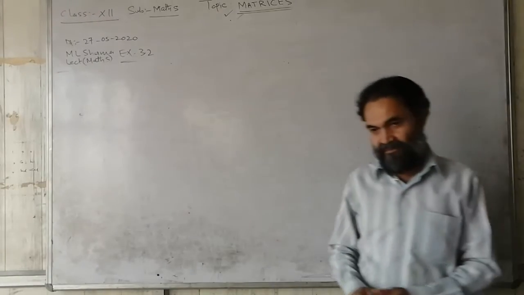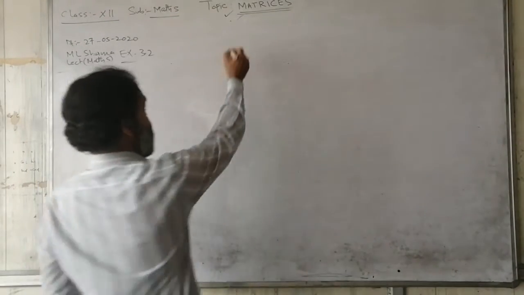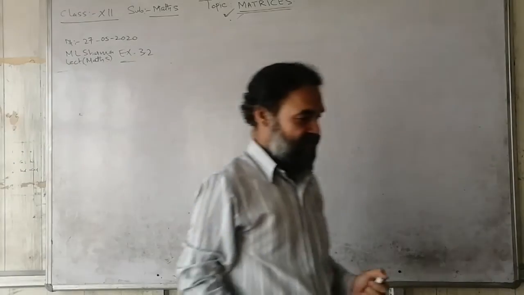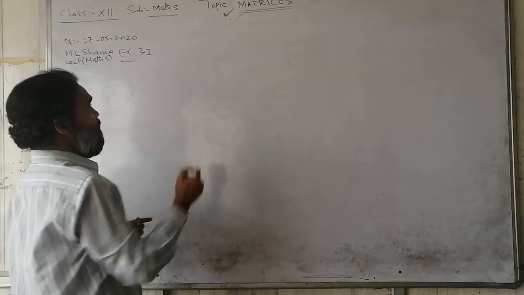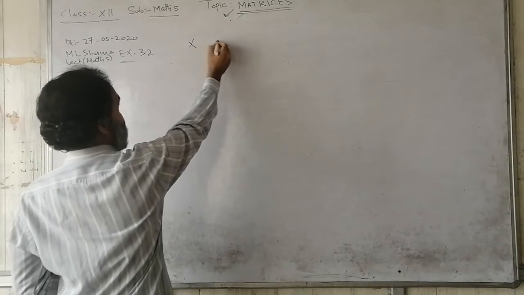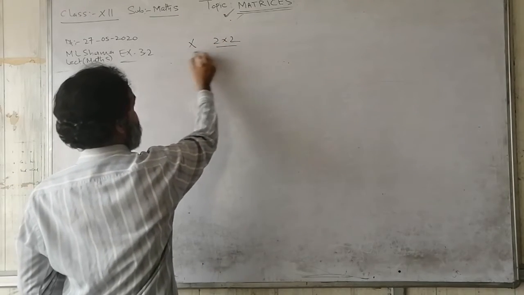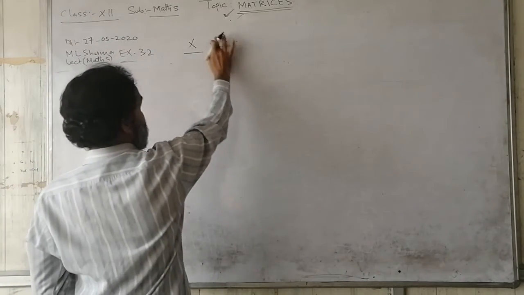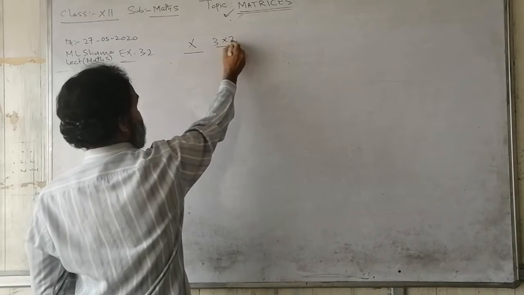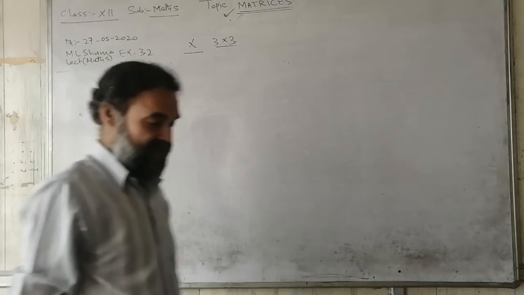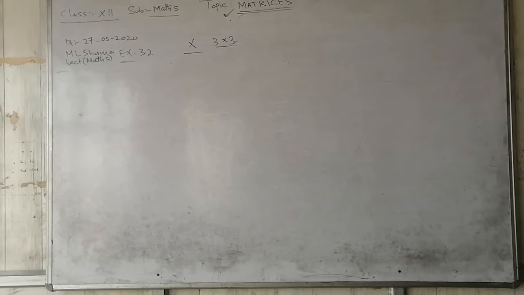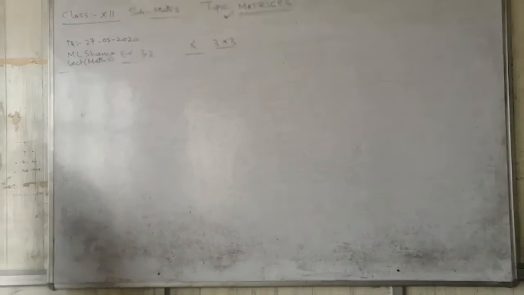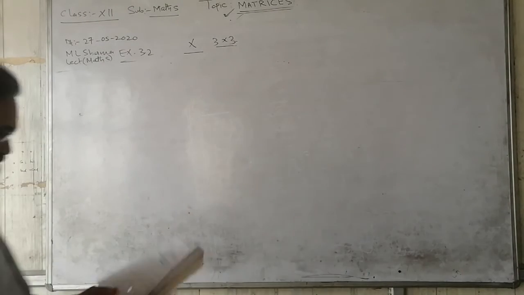Back with the same topic, matrices. So yesterday we learned how to multiply matrices 2 by 2. Today, multiplication of matrices 3 by 3. Suppose I have a 3 by 3 matrix, then how will I multiply the matrices? So coming to the exercise,